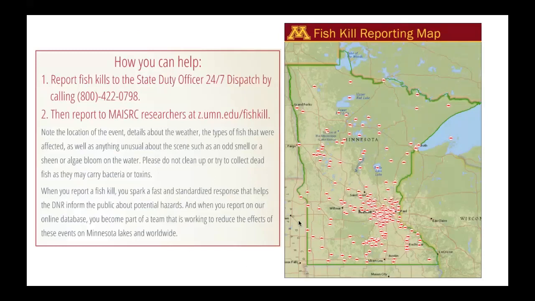and you can just put a point down. You can take some pictures. You can put some information down and give us an idea of what happened at that fish kill. And the second that you send that, it'll pop up on Nick's desk, and he'll go and investigate it. Just kidding. I'll go investigate it. And this is just a great way to continue populating this map so we can learn more about how fish kills even affect native fish. But it's also a great way to keep this study going.